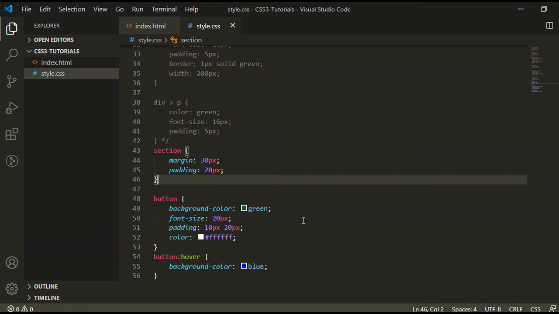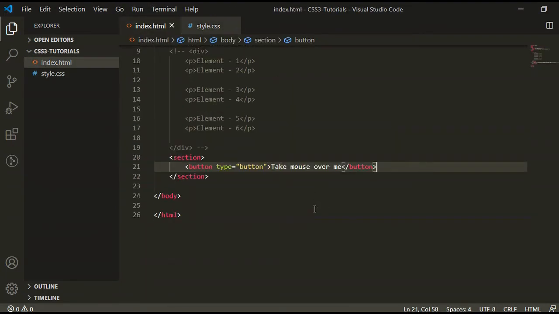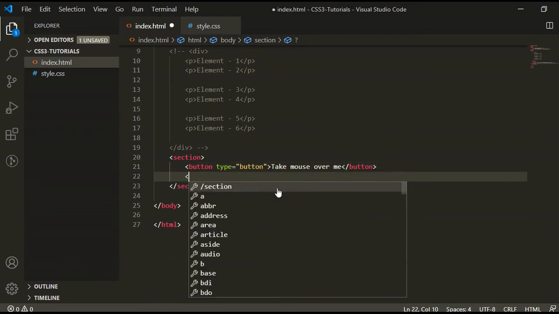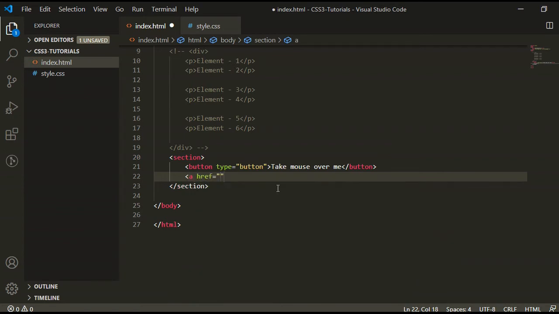So this is the special hover state for this button. Similarly, we can write the pseudo class for the anchor tags. So write the hyperlink tag with href. Now we can give the path www.google.com.